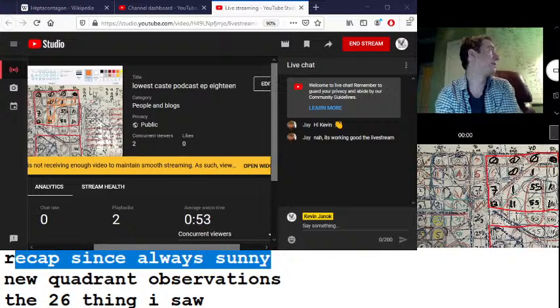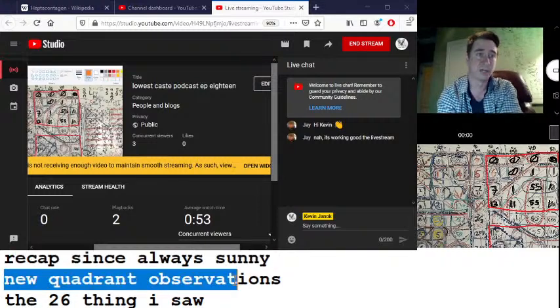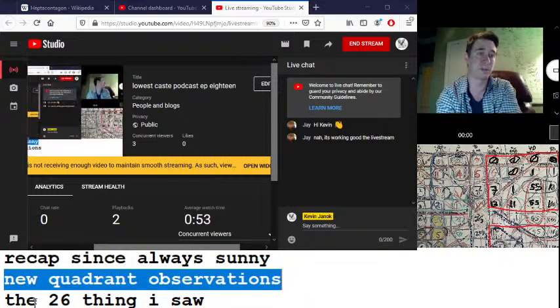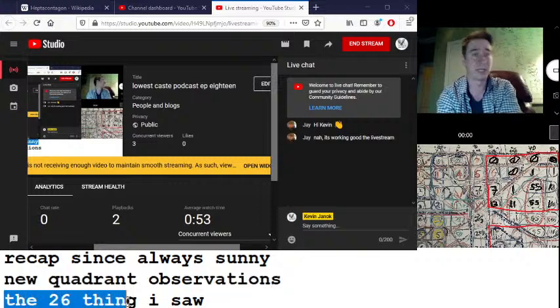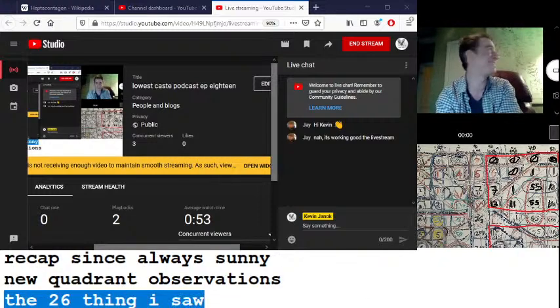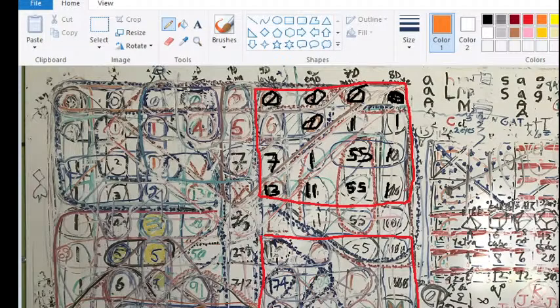So, recap since Always Sunny. I'll try my best to do said things with how this is going to go. Maybe people should help answer questions. So this is basically new quadrant observation number 1. Number 2 is one below it, which goes with the 26th thing I saw. The reason that I find this interesting, let's just make this bigger, is that you